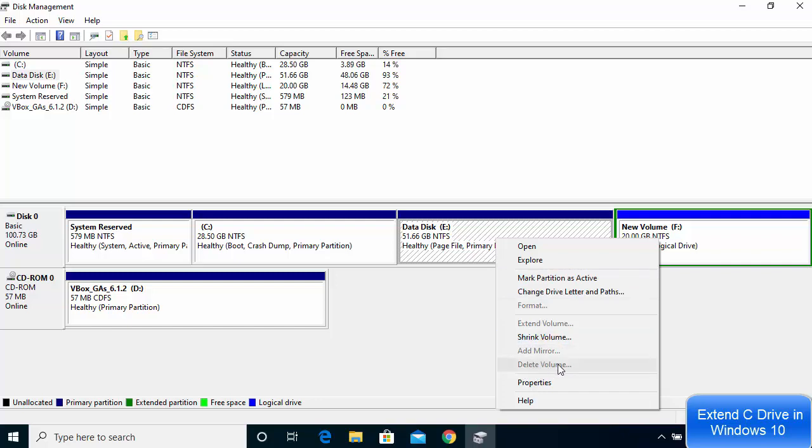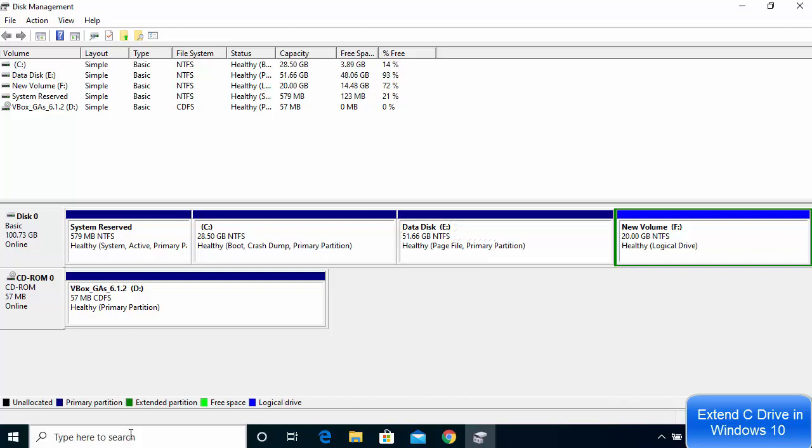But as you can see, in my case this delete volume option and the format option is grayed or disabled, so I cannot delete this volume by default or format this volume. So if in your case this delete volume is enabled, then you just need to delete your volume. Otherwise, if this option is grayed out and it's not enabled, then what you need to do is you just